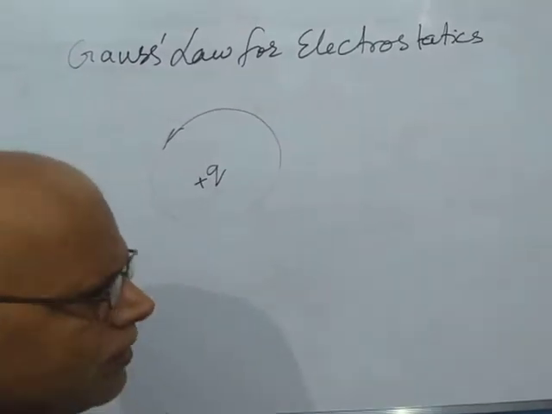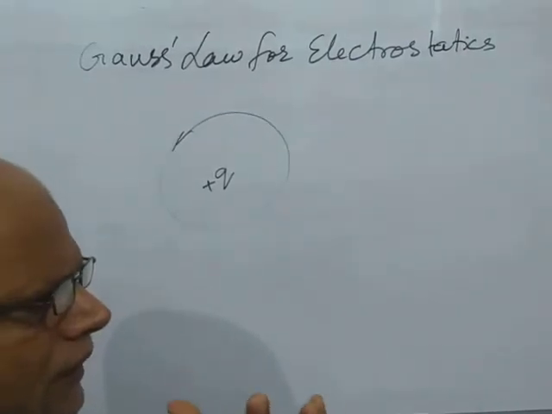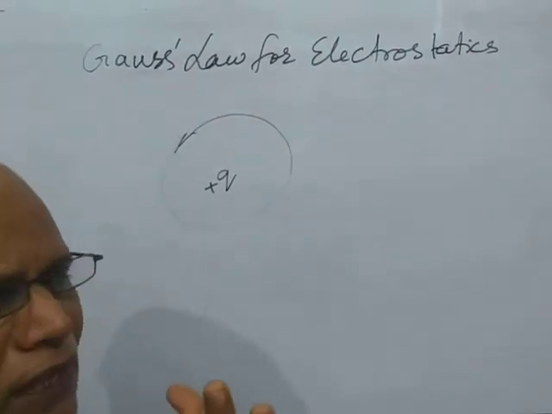Then Gauss law states that the total electric flux passing through any closed surface